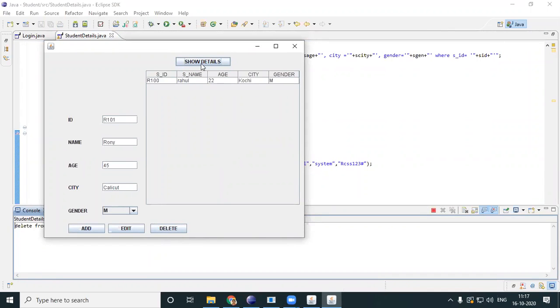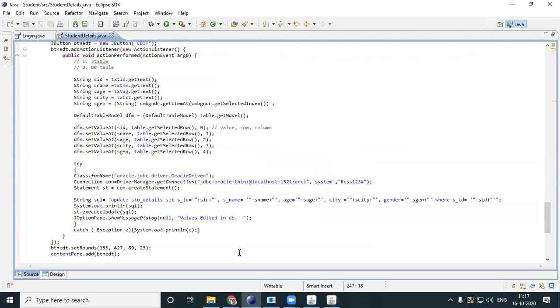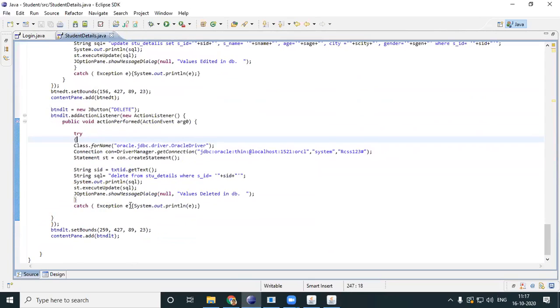That way also you can do. You can do it like this, or you can just copy paste this whole code again over here. You can even update your J table. So this is how you delete details from a table. So we've seen how to add details, edit details, and delete details from your